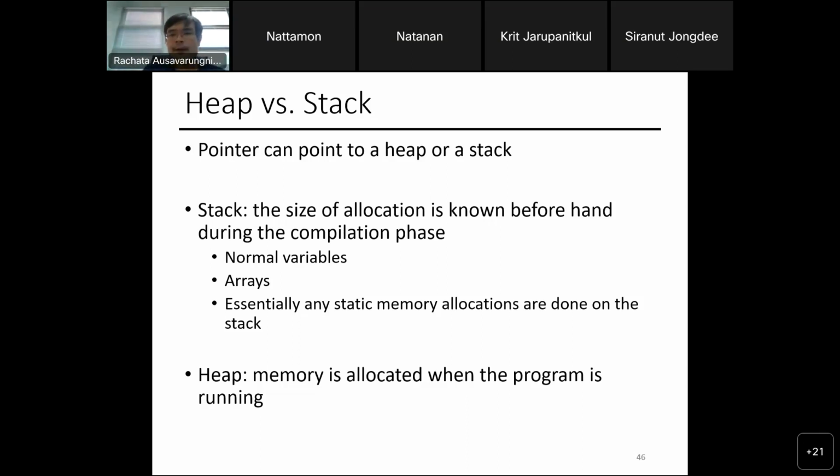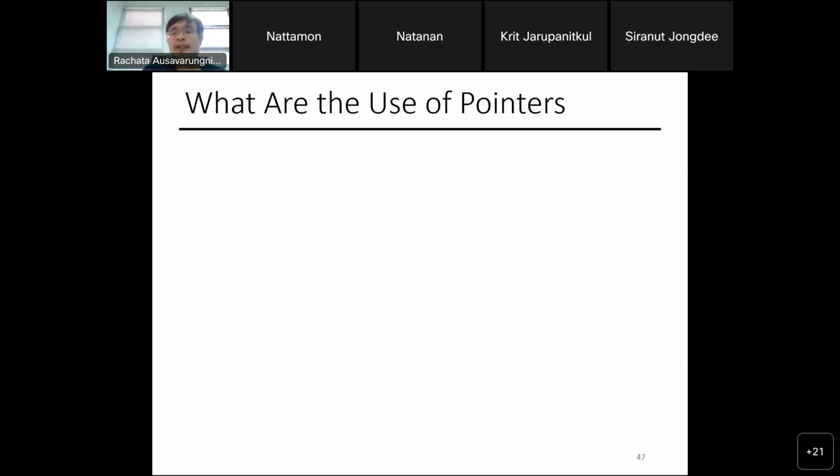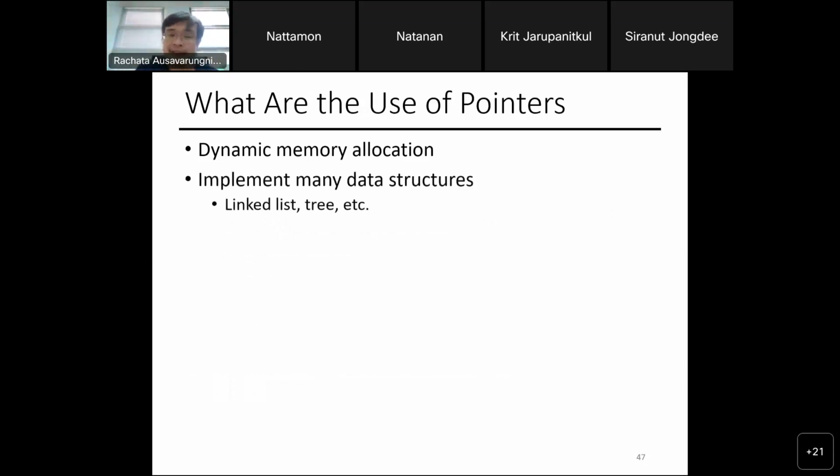For example, when you have a function call, you have to allocate things on the stack rather than the heap. So the use of pointers, as I said, you can use it for dynamic memory allocation, to have an extensible array. For example, you don't have to be fixed to an array of size 10 or an array of size 100. Now you can make an array of bigger size using a pointer. You can implement data structures.